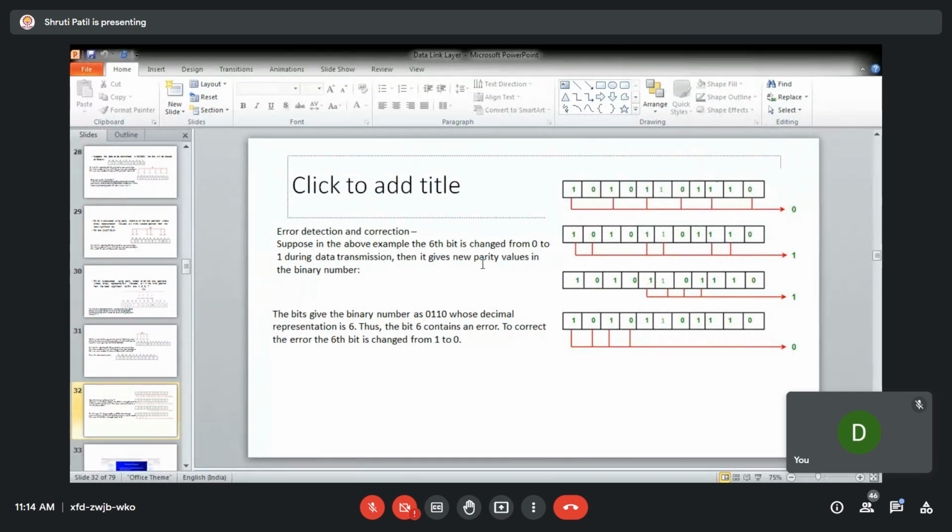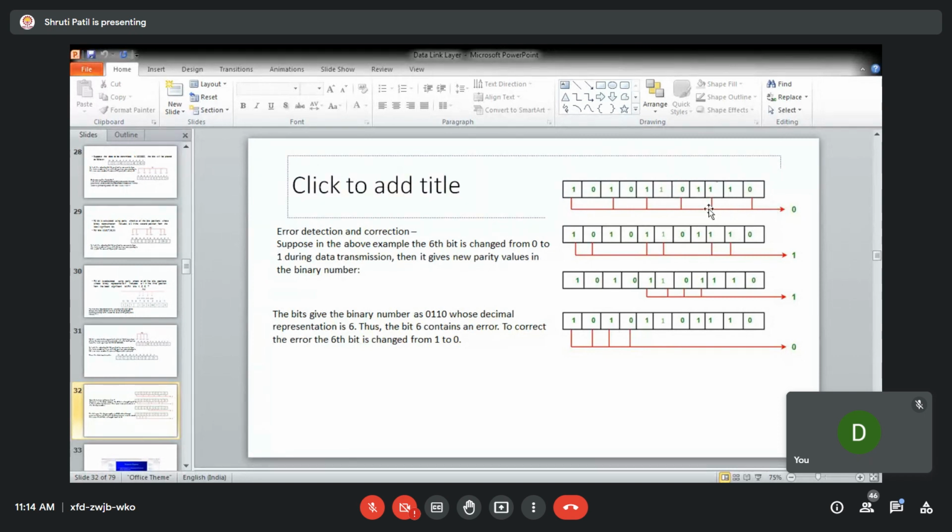Now, how is this Hamming code used for detecting and correcting the errors? Say, for example, at the 6th position, there is an error. So instead of 0, this has changed to 1. Now you again calculate R1, R2, R4, and R8.